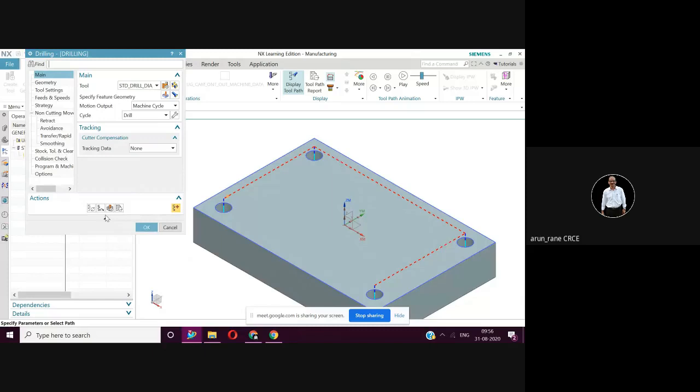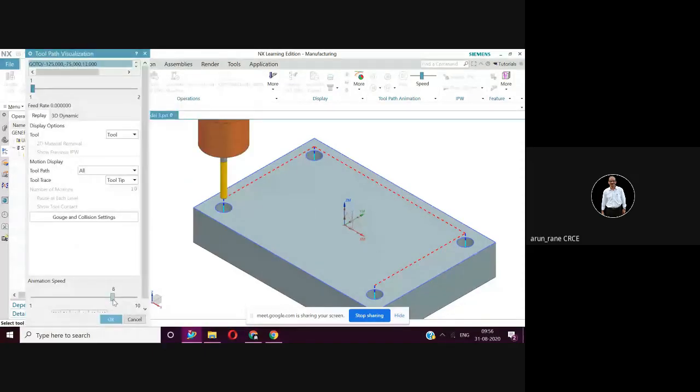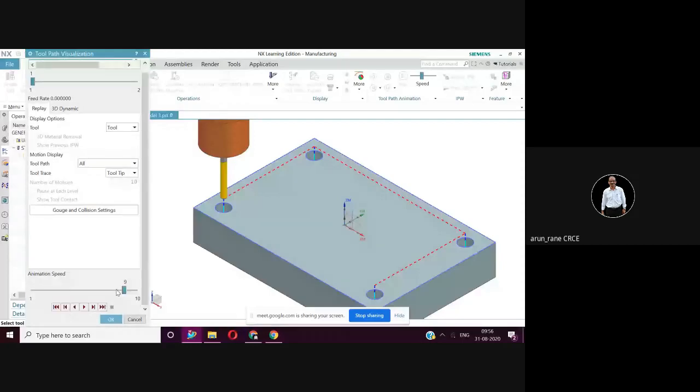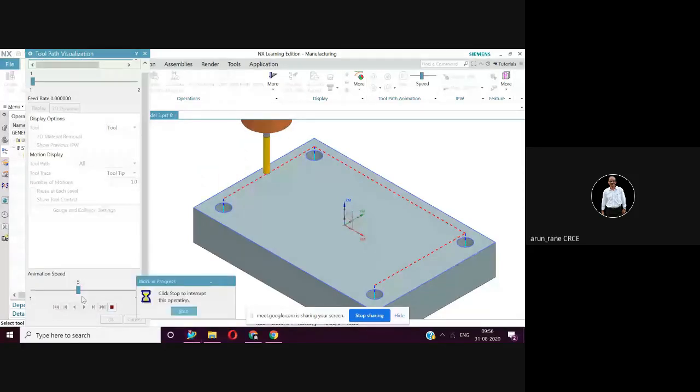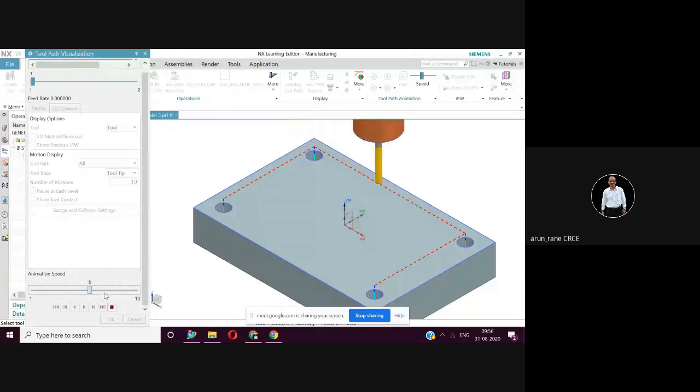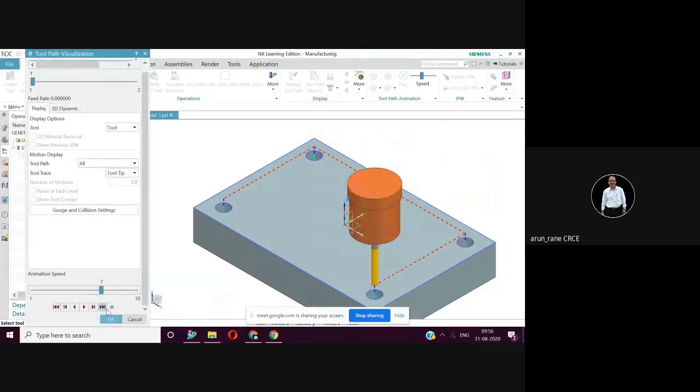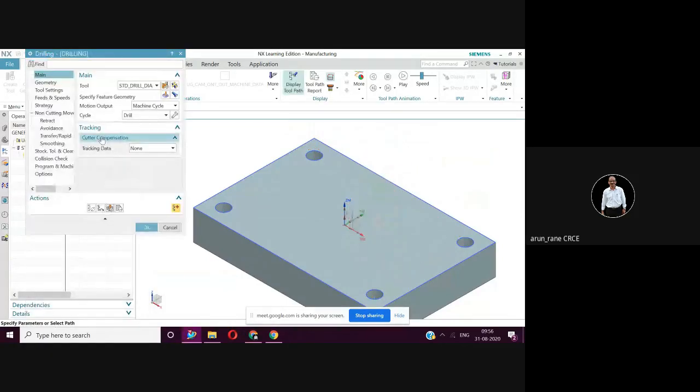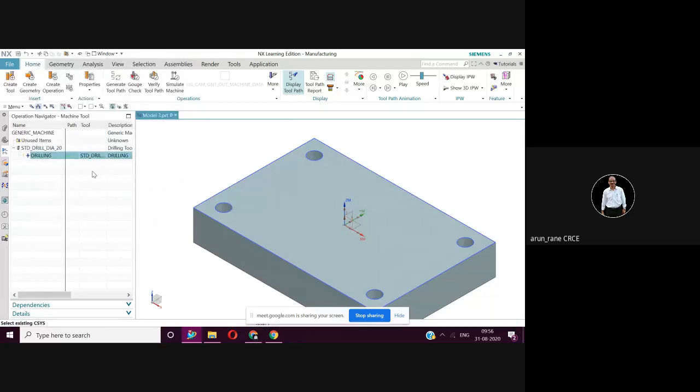Then I say verify. Go down. Play. This is simple drilling. Right? And say okay. I'll just quickly wind up since there are 4 minutes. And then say okay. Again you will get that APT program also, and say Control S.